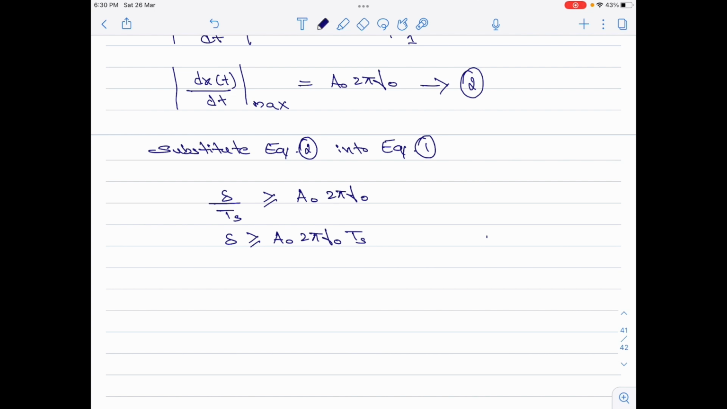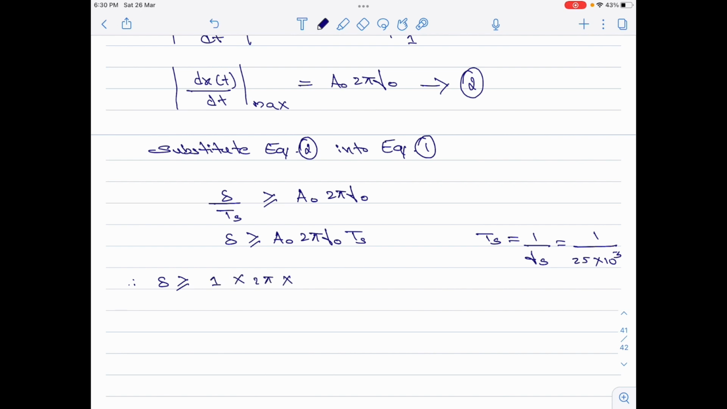Please note, Ts here is equal to 1 divided by Fs, and Fs is given as 25 kilohertz. So, it will be 1 divided by 25 into 10 to the power of 3. So, let me substitute all the values here for A naught, F naught and Ts and find the value of delta. Therefore, delta should be greater than or equal to A naught value is 1 multiplied by 2 pi multiplied